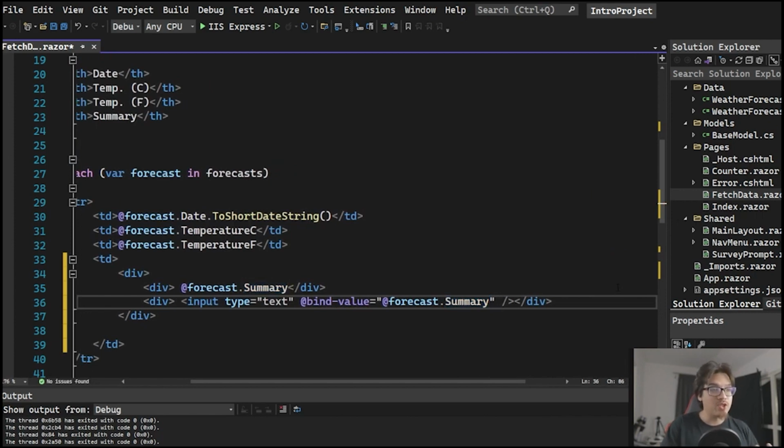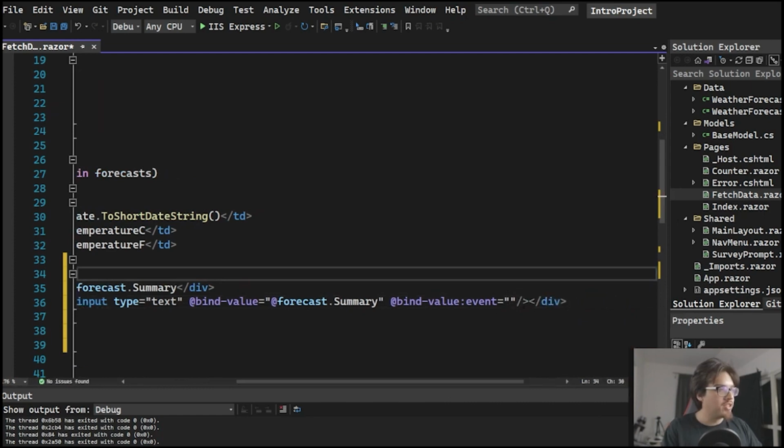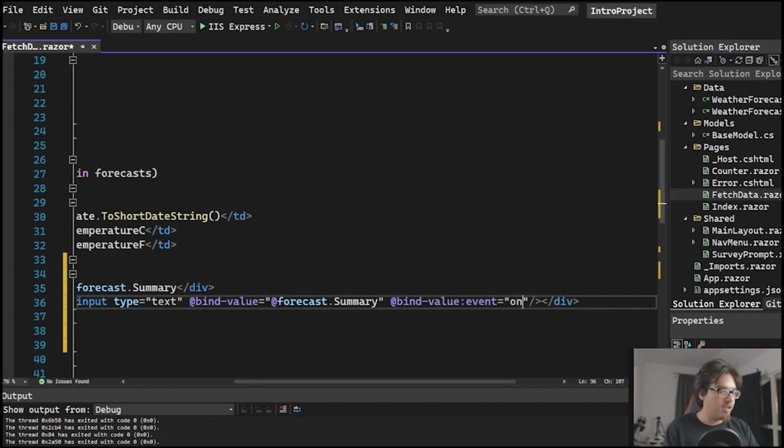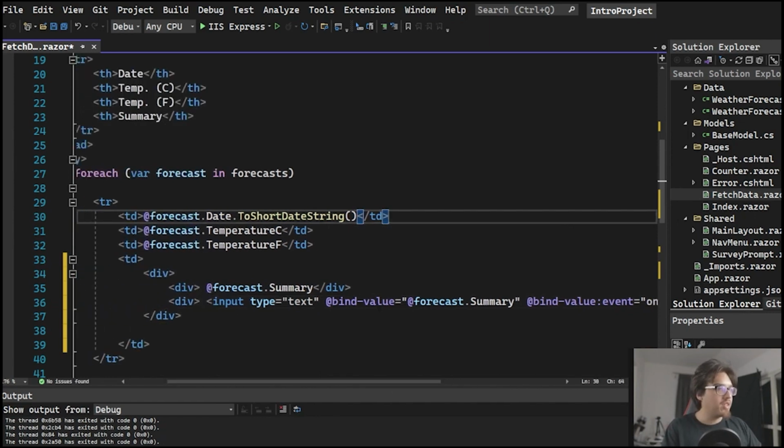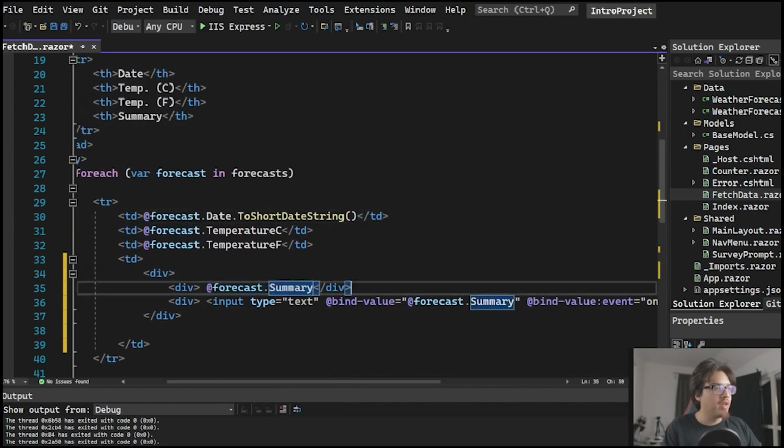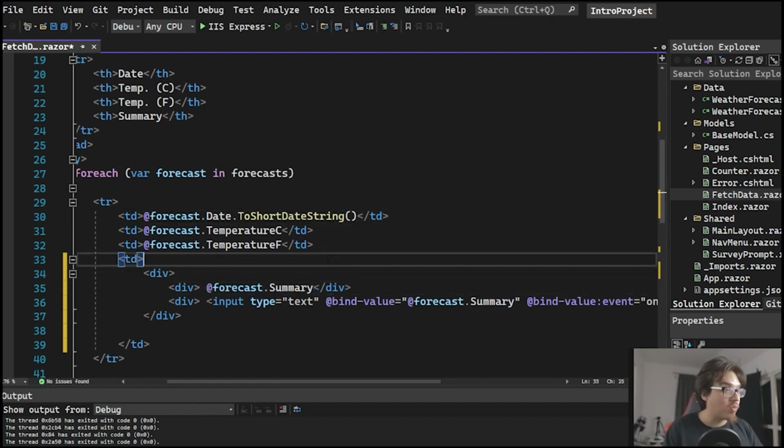This is the first version of an event call, and this is a very specific one. In this case, we're binding this value to a change event, which in this case is gonna be on input. So what we want here is that when we change the text, we're gonna change what we see up here. Now this will happen individually for each column, which I thought was pretty cool,